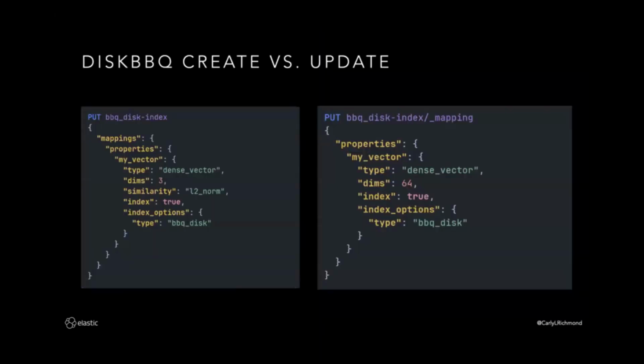So the last thing I want to talk about is disk BBQ. This is basically a feature that Elastic have built recently and announced a few months ago. It's basically binary quantization, but storing persistent things on disk. So you talked about before, Tamar, the idea of the entire graph being stored in memory. Obviously, that can have a particular overhead. So there is another option known as BBQ disk.